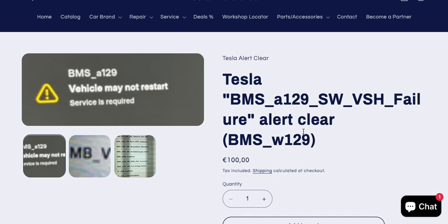So what is this alert? This alert indicates that the BMS, battery management system, has detected an issue with the VHS. So what is VHS? VHS is the voltage sense harness, and whenever the BMS detects any issue with that, it will trigger the 129 alert,